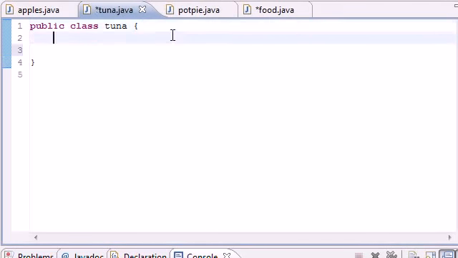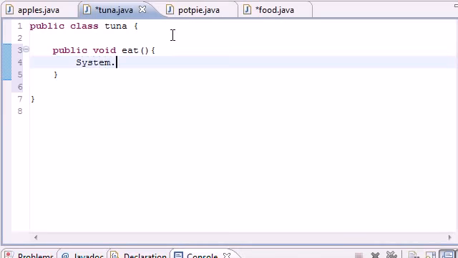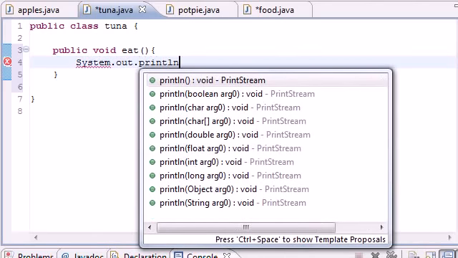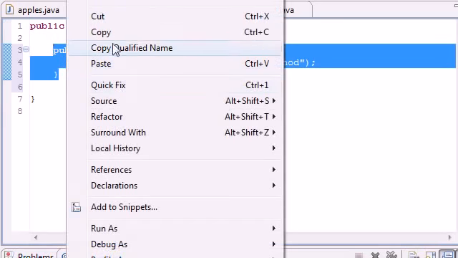And in the tuna class we have a method like public void, we'll just name it eat. And let's say in this method all it does is go System.out.println, and then it just prints something like "I am the eat method." And say if we had a bunch of different little food classes, and every single food class had this